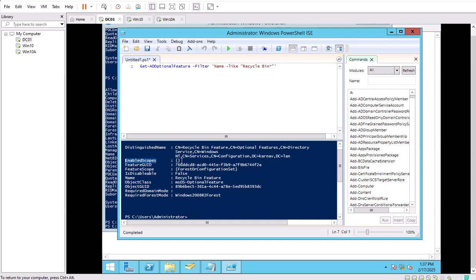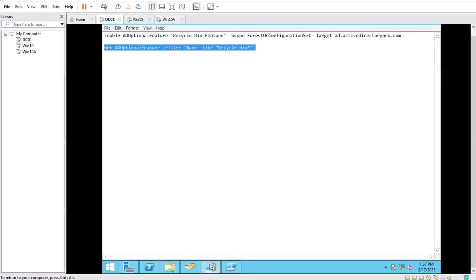If you see nothing here, it means Active Directory Recycle Bin is not enabled. If you see the distinguished name, then definitely it is enabled. I will show you that as well. So here I just need to change my domain name, karnav.lan. You can run this command as well if you want to,